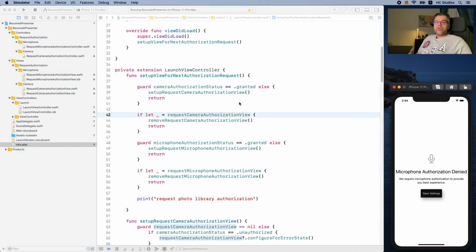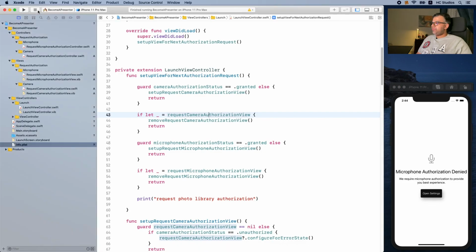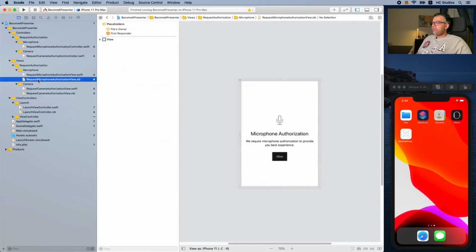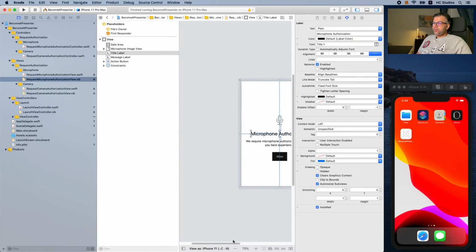Now, one thing we could improve is on this one. If you look closely, the title has gone barely to the edge. That doesn't leave us a good visual aspect of the view. It doesn't have its own breathing space or a padding space. So let's fix that. Let's go back to the view file for that, the nib file, sorry. I stop the app, click on request microphone authorization, click on the title, open up the properties,